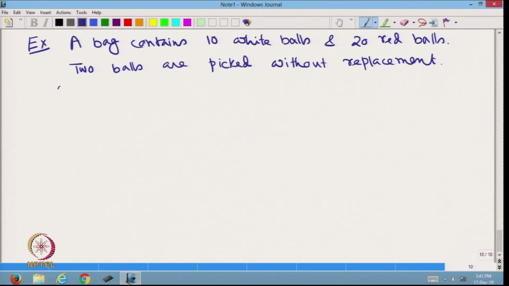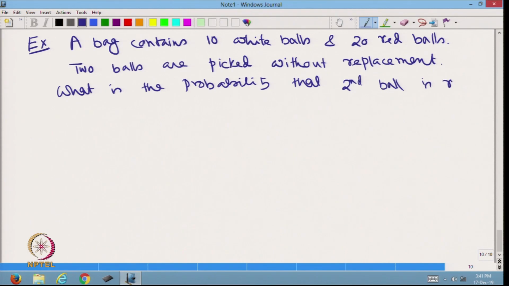And we ask, what is the probability that the second ball is red? Suppose we need to compute this probability, we can see that we cannot compute this straight away, since